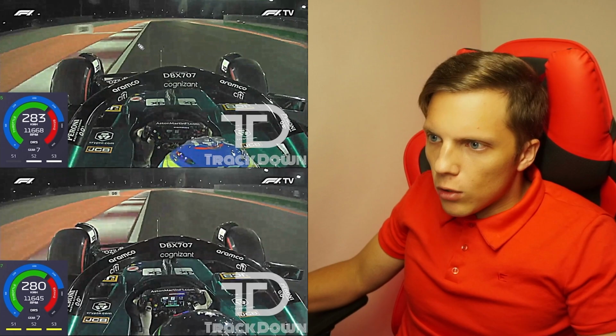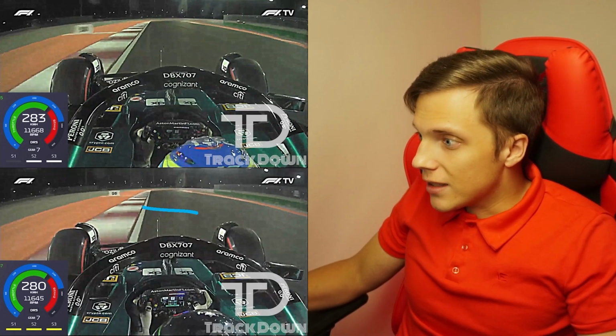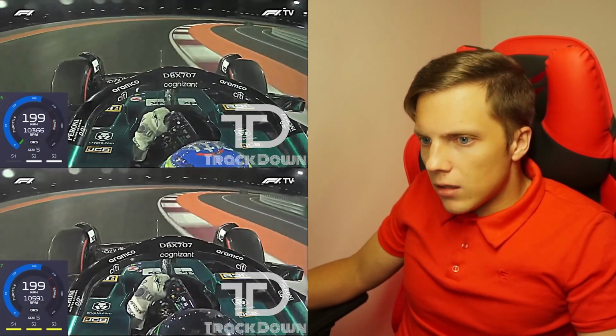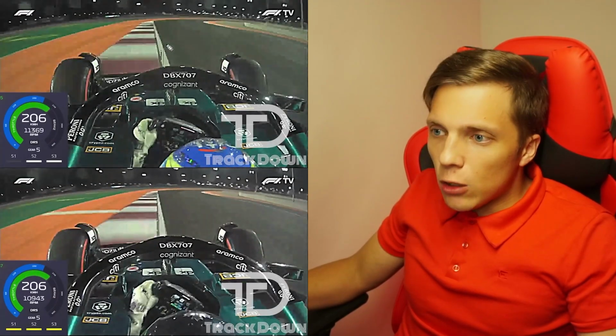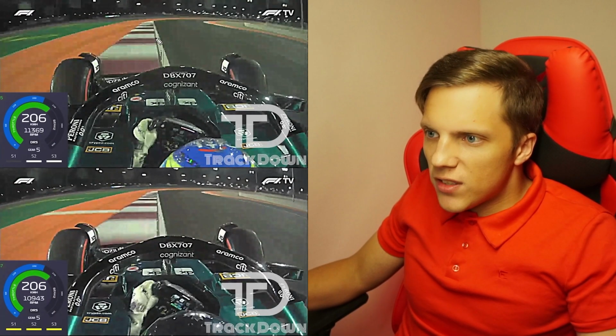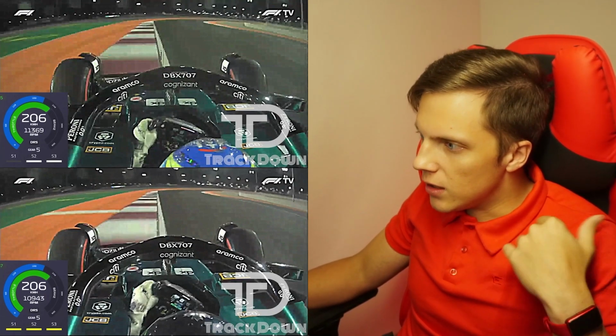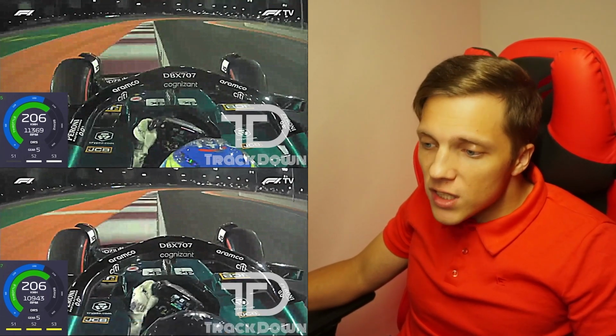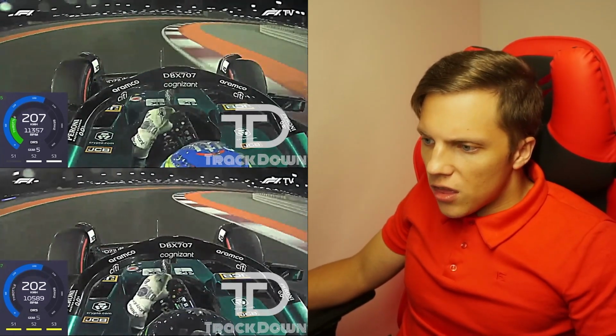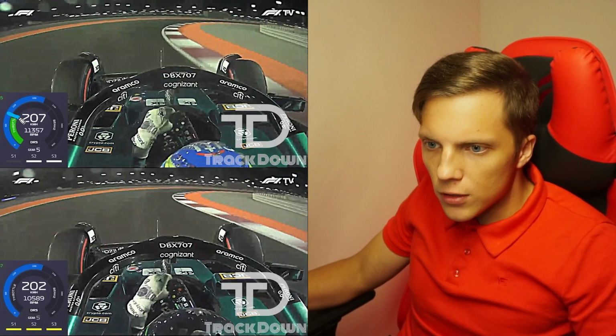And we see Alonso braking later than Lance Stroll. They enter the corner. None of them is going too wide. We've seen some lap times being deleted out here. Also, we've seen some mistakes being made in turn 4 with oversteering. But not such a thing here. Huge difference in pedal work.